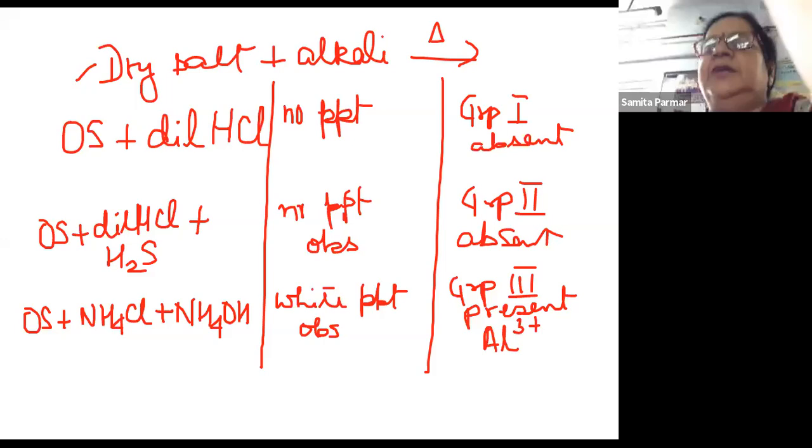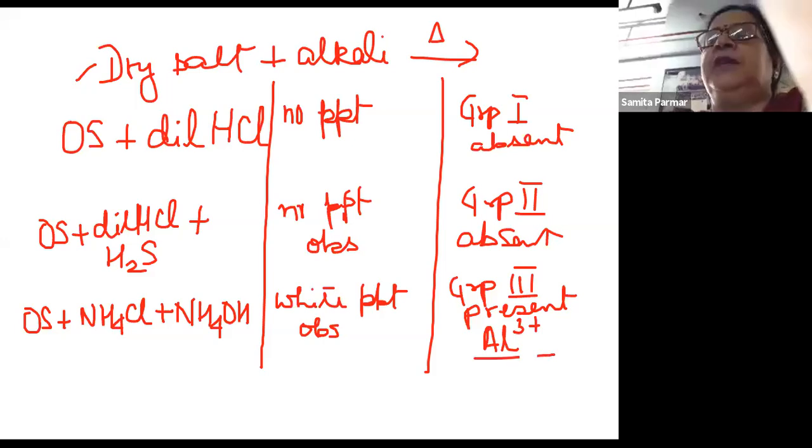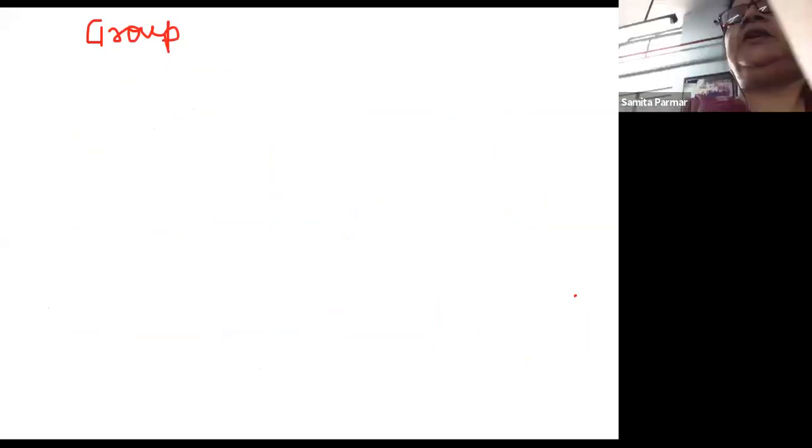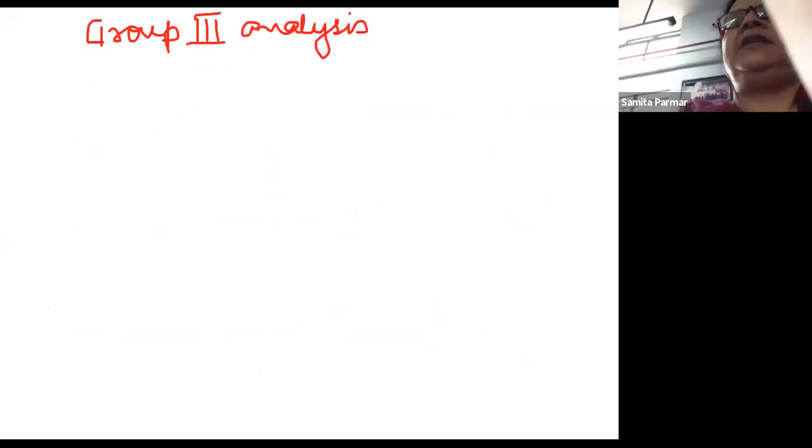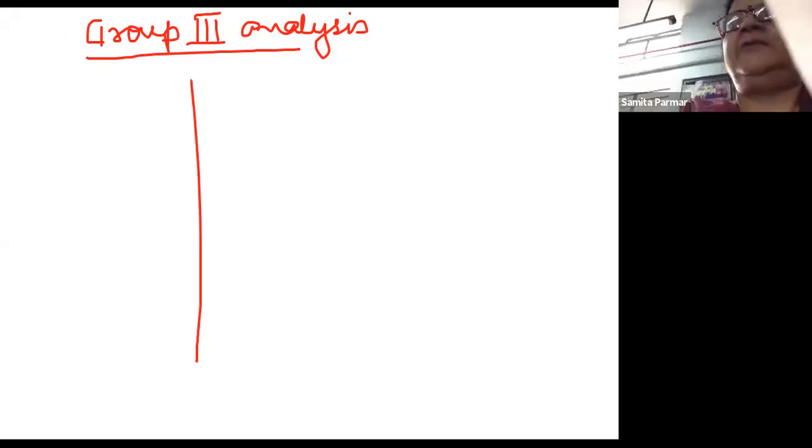Once the aluminium ion has been obtained, the next step is to go for the group analysis. How do you proceed for the group analysis? That is why I will show you here. See, in the group 3 analysis, you will filter the precipitate and dissolve it in a minimum amount of dilute HCl. All right, so all that we will be showing. And after that, once the HCl has been added, you can divide the solution into 2 portions.